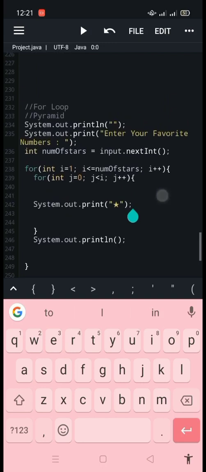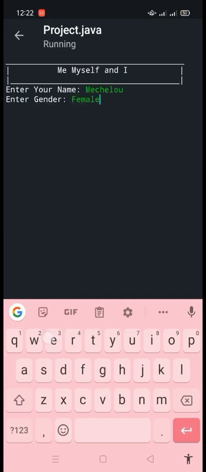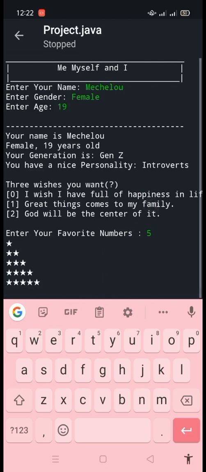For example, if you enter your favorite numbers, 5, and the star is counted from 1 to 5 in pyramid style. So, let's try to run. As you can see, I entered a number of 5 and then the star is counted from 1 to 5